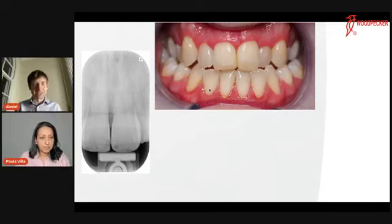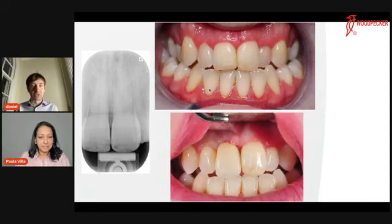And as an endodontist, this kind of thinking is really upsetting to us because we know how successful root canal